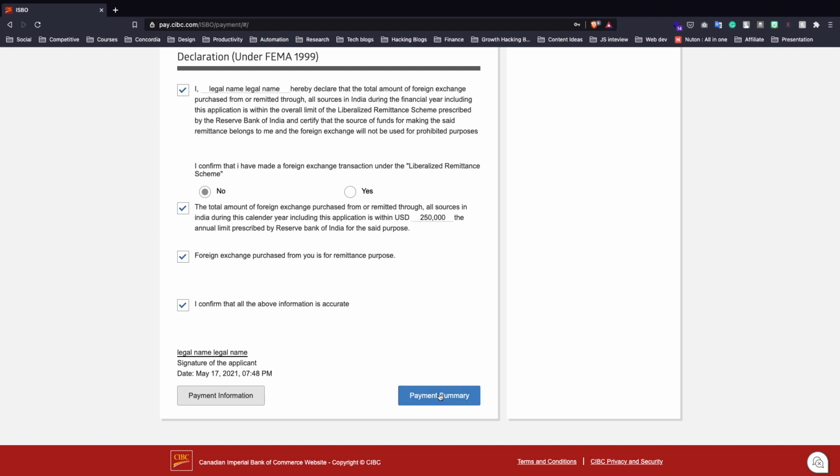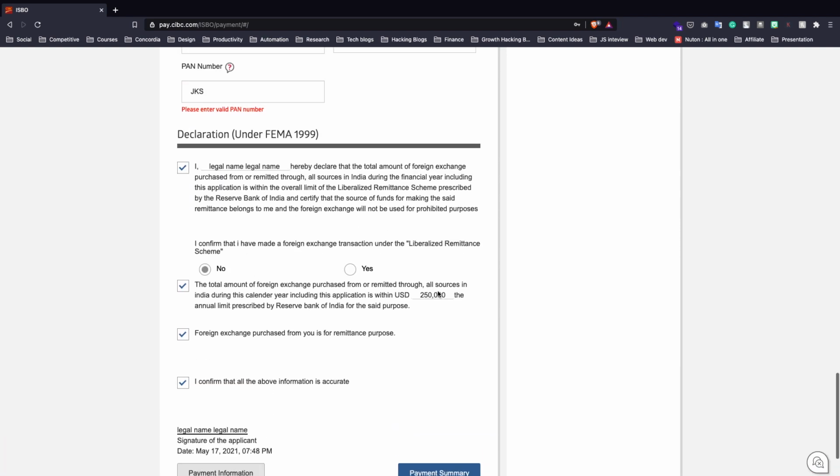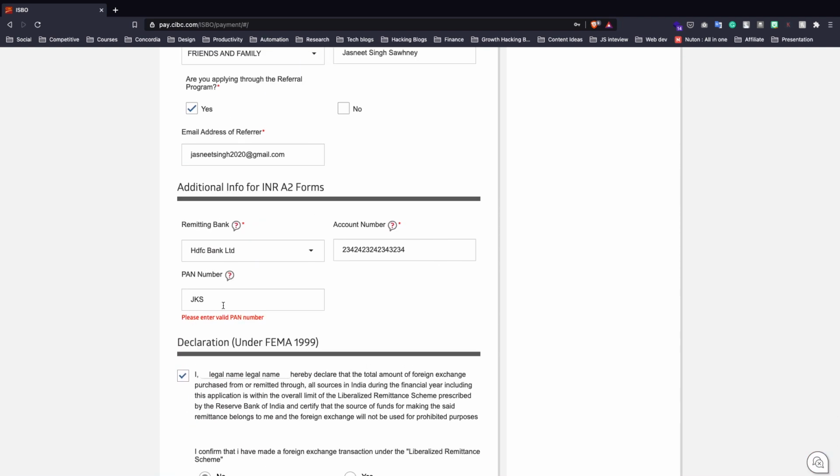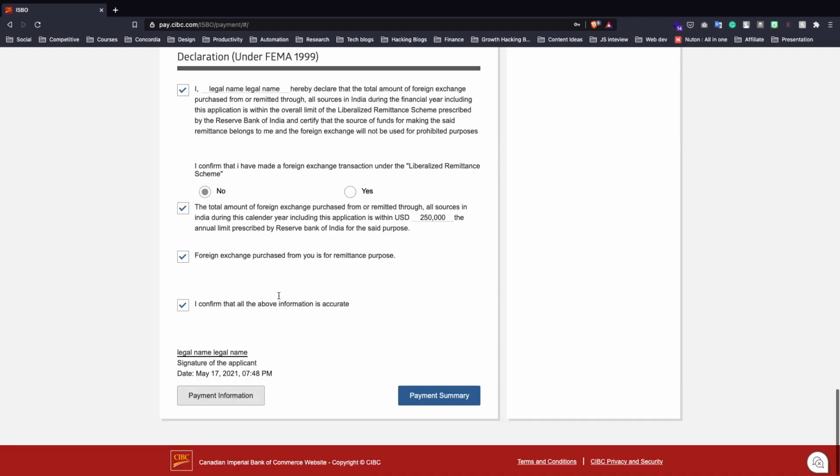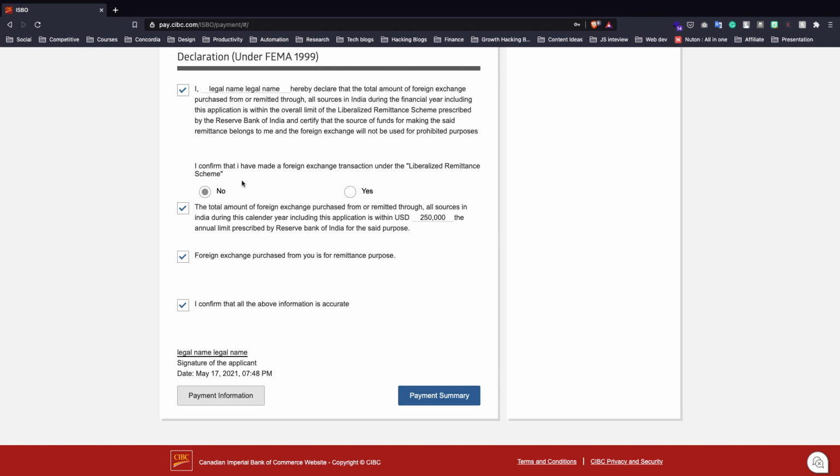For me it will show an error right now because I haven't filled complete, correct details, because it requires a PAN number over here. But of course, once you click payment summary, your account will be created and you'll get a notification on your mail that your account is created. So step 2 of 3 is this. Step 3 of 3 is just tick marking a few checkpoints, like check boxes like this, and then submitting it. So don't hesitate in doing that.